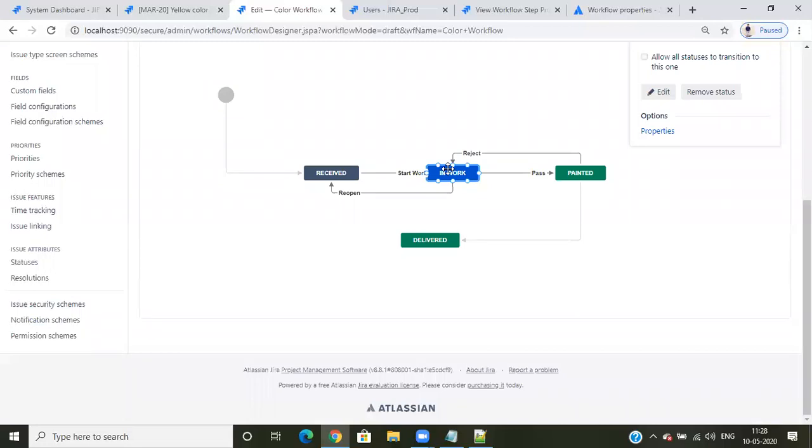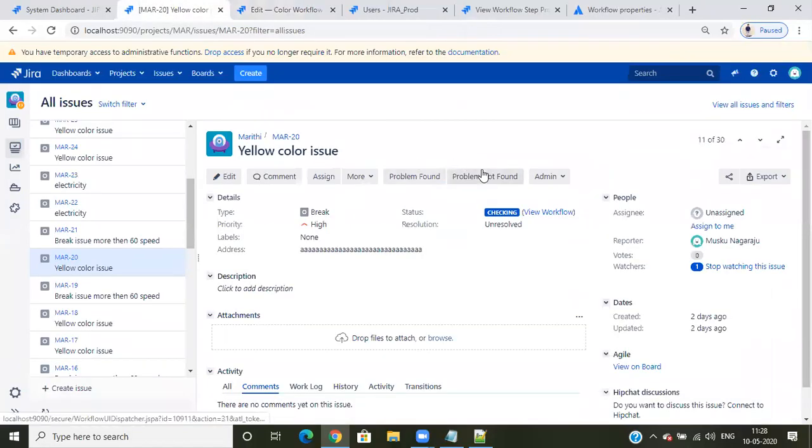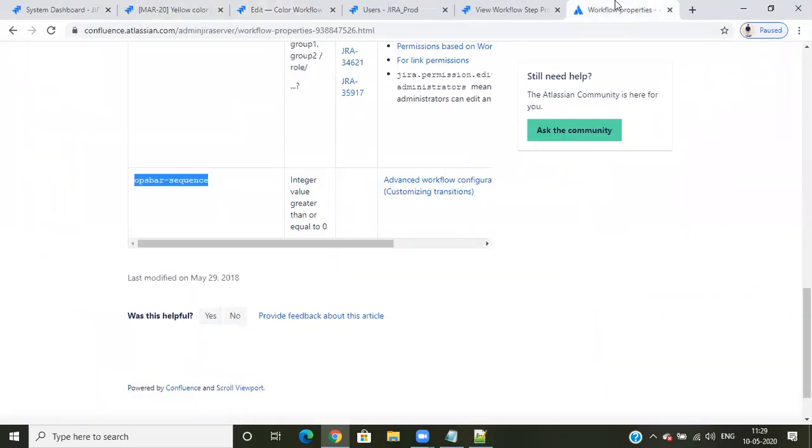This is something more, but it will not come in many places or many times. In my six years of experience, I have not got this one, because people don't know about it and will not ask for it. If it is in any place, it is fine. If they click here, they will go to the status, there is no problem. So that's why this option will not come many times.